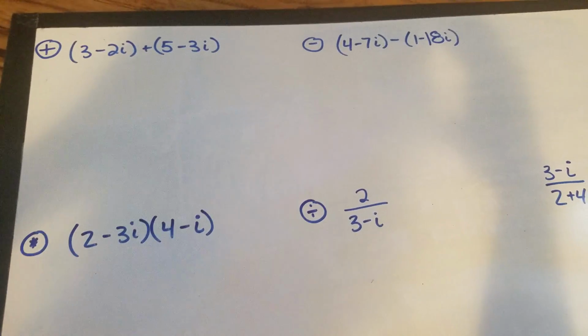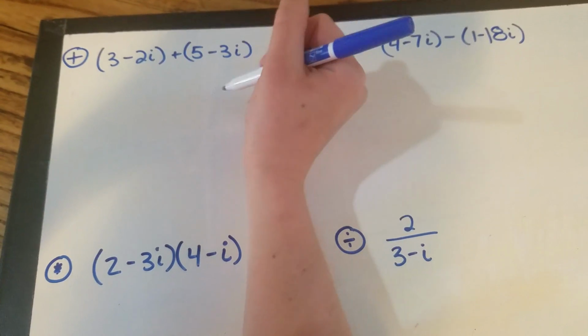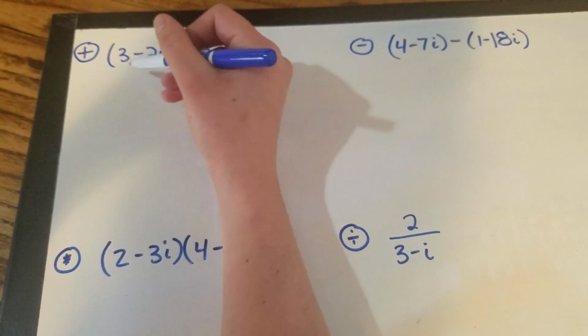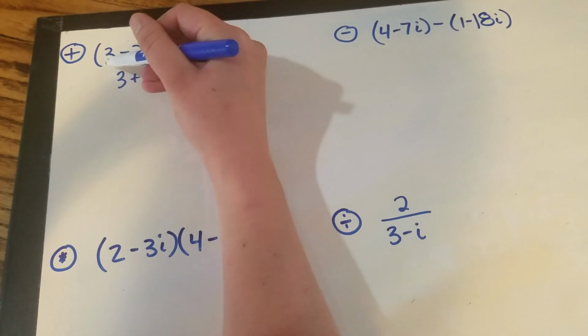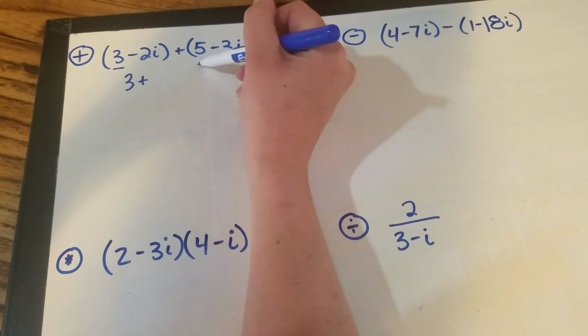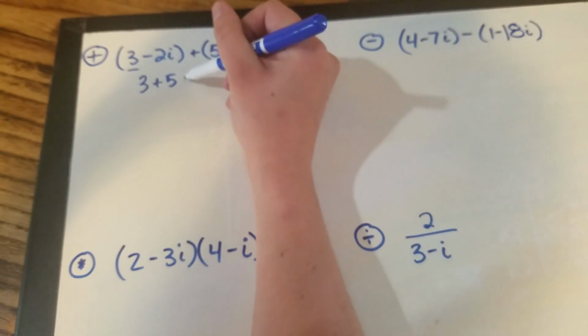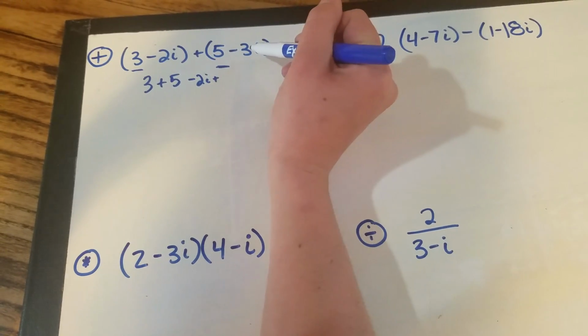So here we go. The easiest one is going to be addition. When you are adding i's, they act just like x's. So if we are adding, we are going to be combining like terms. In other words, we're going to do 3 plus our other real number, which is just 5, so 3 plus 5. And then we're going to take negative 2i, and we are going to add the like number, so in